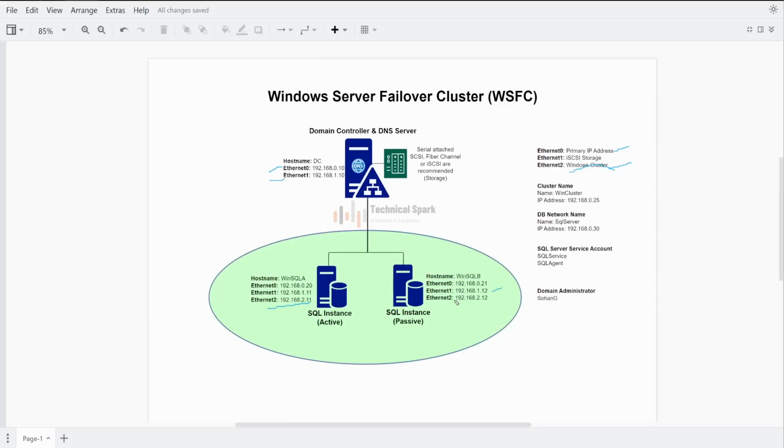192.168.2.11 and 2.12. The reason I have added all the NIC cards into a different VLAN is just to ensure the communication, so that it will not disturb the existing server functionality. Now once this NIC card configuration and the number of IPs required are done, guys,